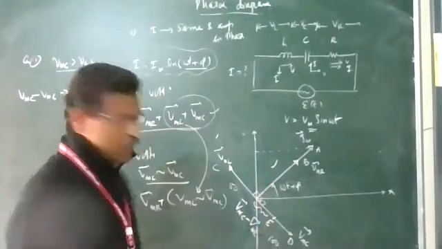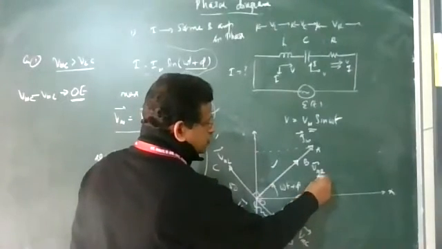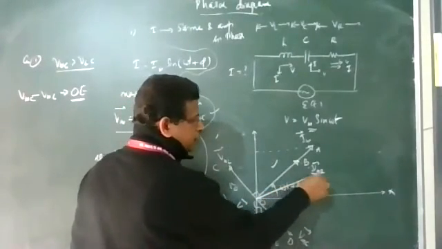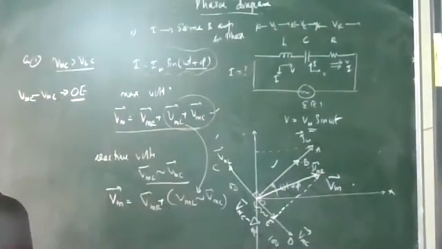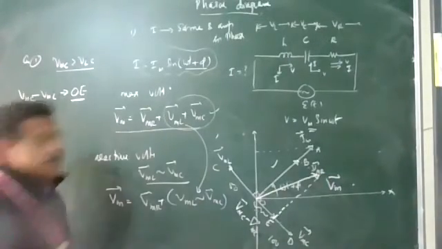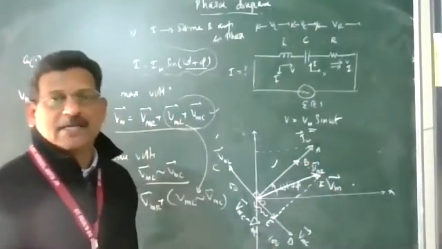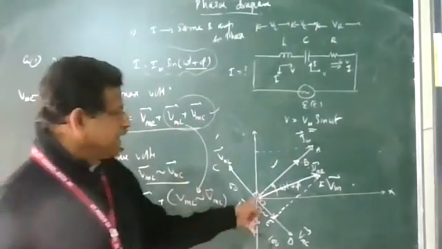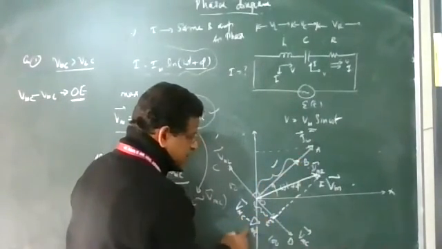The two vectors are now perpendicular, so complete a parallelogram with these two voltages. The diagonal of this parallelogram will give you the value of net voltage VM. The diagonal of the parallelogram, the point you can mark it as F, will give you the net maximum voltage in the LCR circuit. So it is a vector addition of two voltages. This side is VMR, and this side is VMC minus VML.